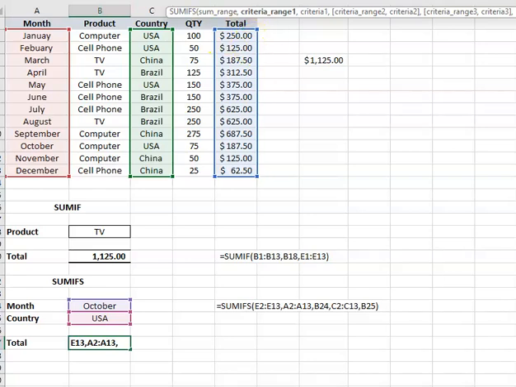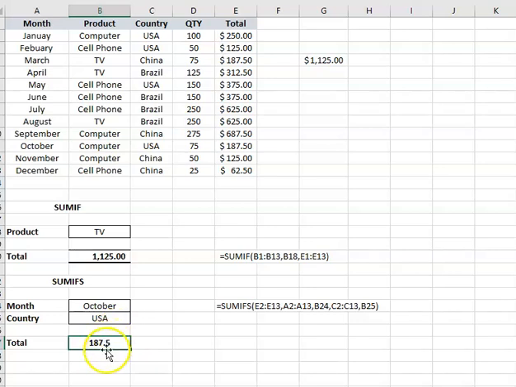So this allows us to put multiple search criteria. So here we have the sum range. We're trying to do the same thing we did here, calculate the totals. And the first one is A1, so that's the months, and we're going to try and find October. So B24 October. The second criteria is the country column, and we're going to try and find the value for USA. And that gives us 187. And you can see here that for October and for USA, we get